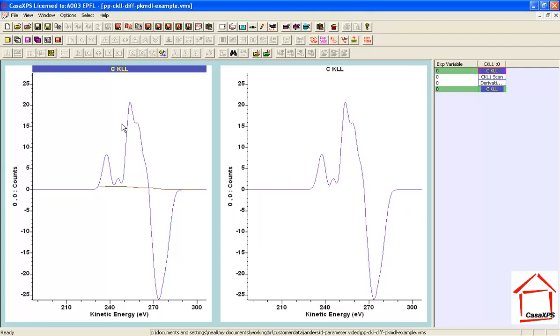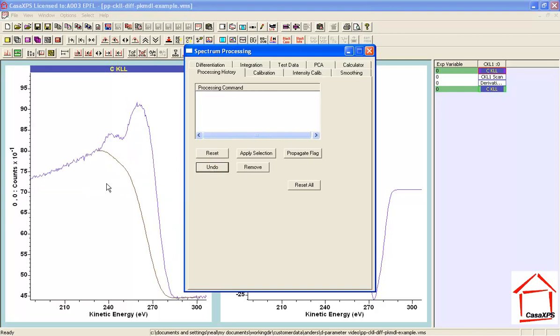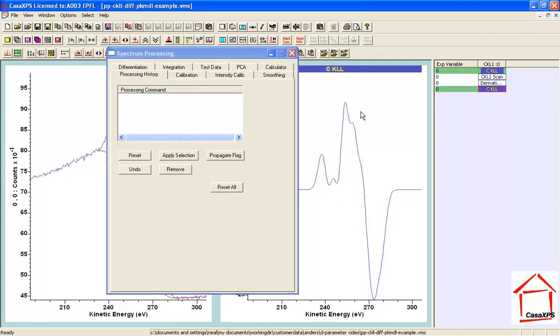So this is the VAMAS block from which the new VAMAS block was created, and the difference between the two is that on the annotation history there's an entry indicating that this one has been differentiated based on components with a component index of 3, and if I reset that or undo, we go back to the original spectrum. On the other hand, the processed data when copied has no processing history, so this is now a permanent record